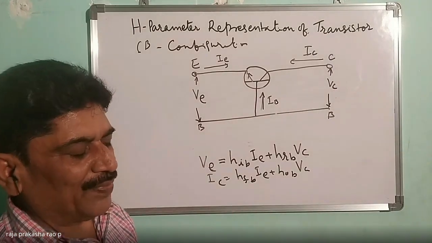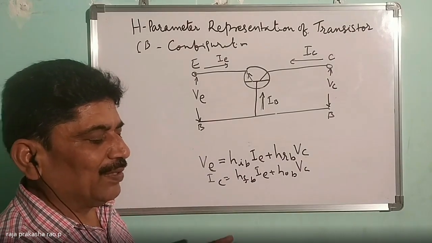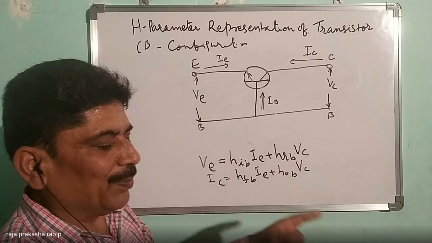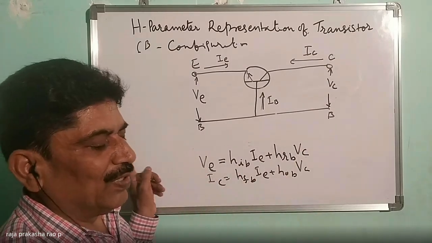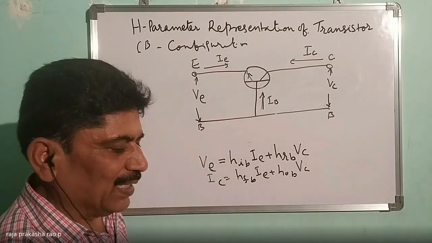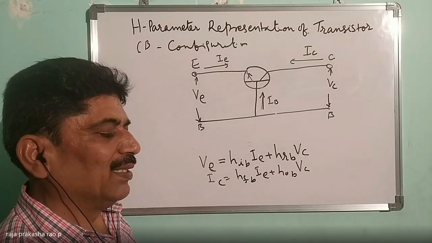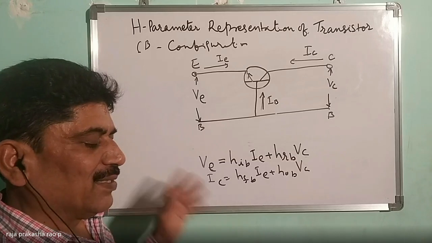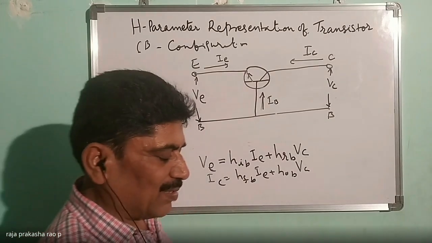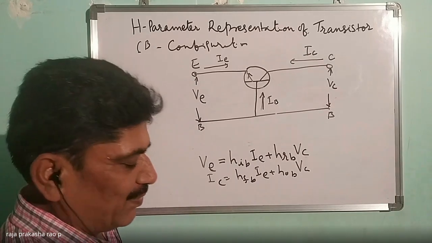It amplifies only the amplitude, not the frequency. The frequency will be the same, and the waveform will be a replica of the input waveform. Only for the common emitter circuit, the waveform will be inverted. The output of the common emitter amplifier will be 180 degrees out of phase with respect to the input signal. I will explain in the next class how it is inverted and why it is not inverted for all other remaining configurations.